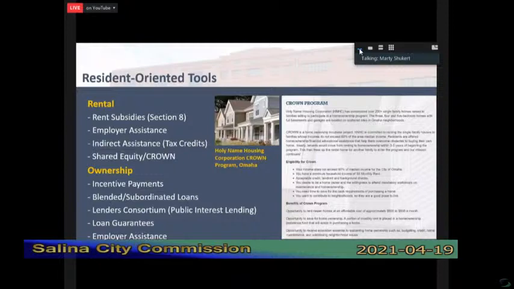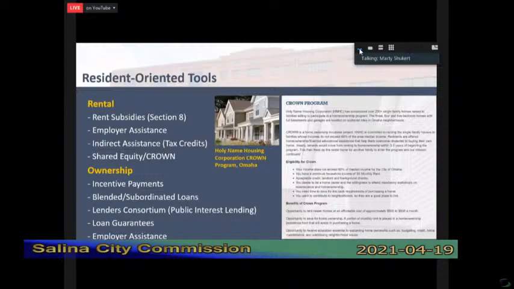And they have now converted more and more to providing and holding paper for worthy potential owner occupants who are not quite creditworthy, who fall into a higher risk pool. So they can take a number of different roles. Loan guarantees, the classical one being the good old FHA program, established during the 1930s, which is essentially a guarantee to an originating lender that the federal government, if need be, will pay off a mortgage if there's a default.